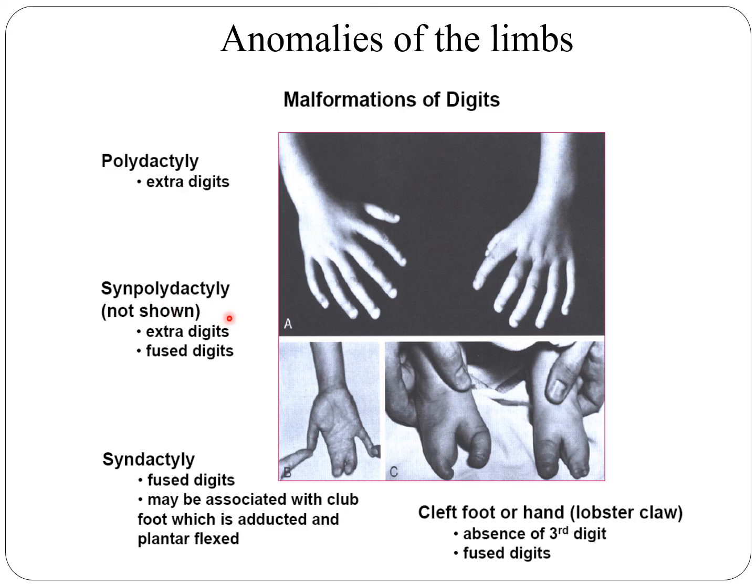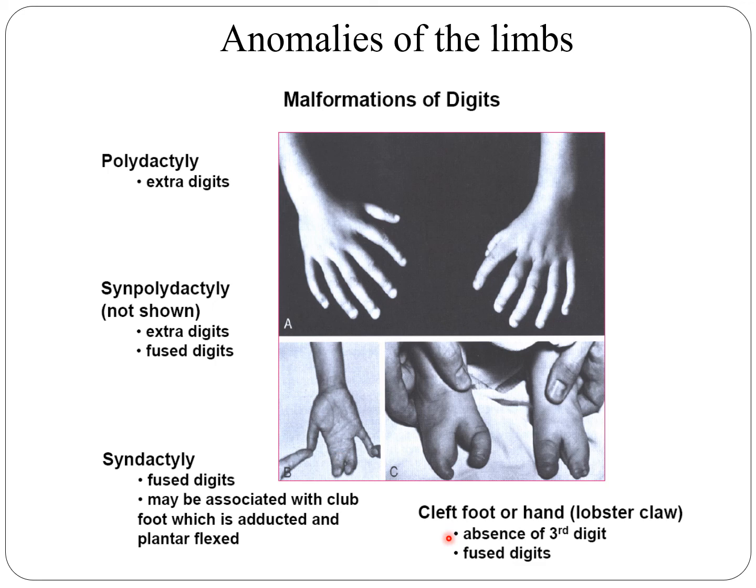Another condition is known as synpolydactyly, extra digits and fused digits. What are those? I will tell you. After polydactyly, we have the term syndactyly. Syndactyly means digits are 5 but they are fused together. Because of the fused formation, the number of the digits will decrease, and this is known as syndactyly. And sometimes a patient has both synpolydactyly, they have extra digits but their digits are fused together. So we have polydactyly, extra digits, syndactyly, fused digits, synpolydactyly, fused and extra digits, and then we have a term